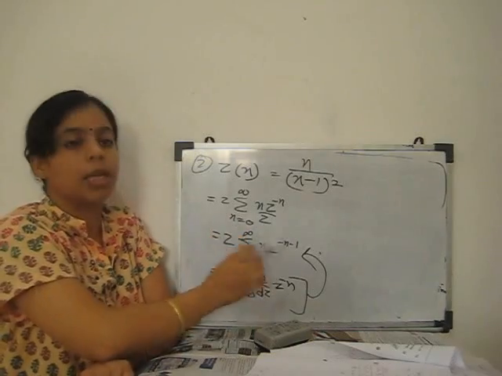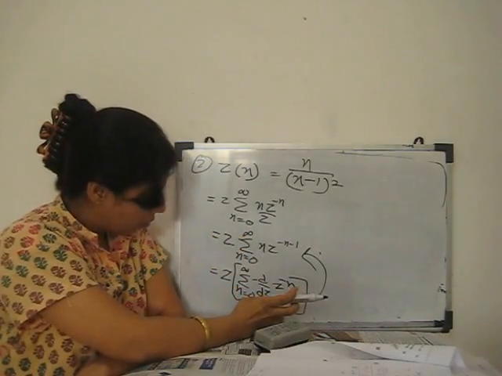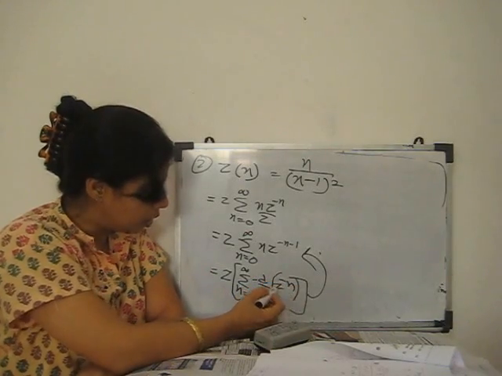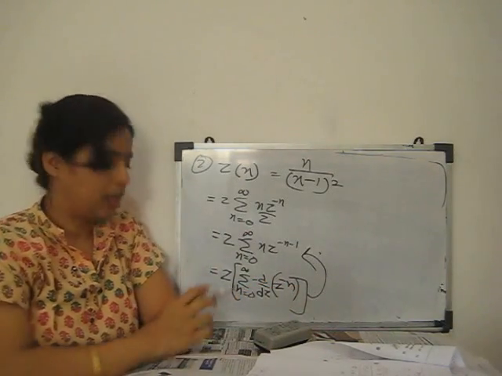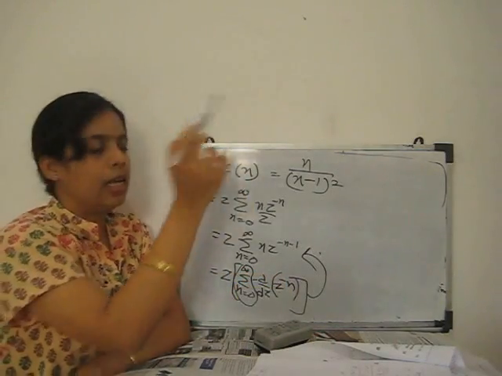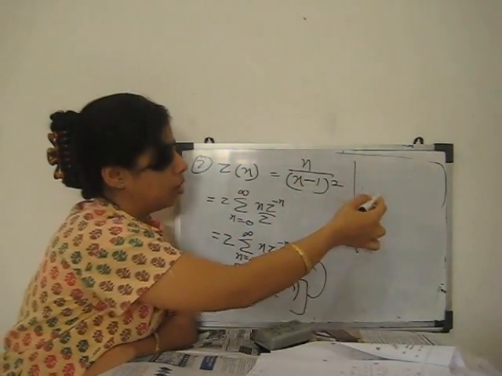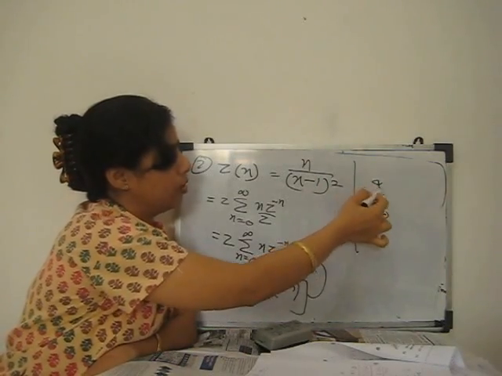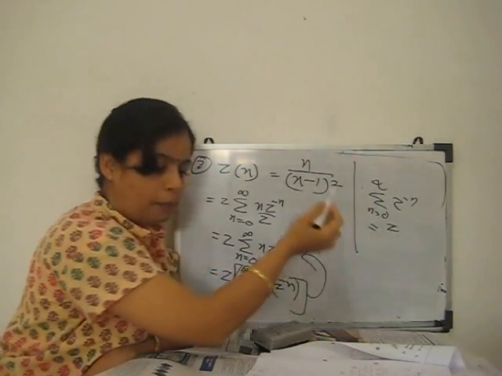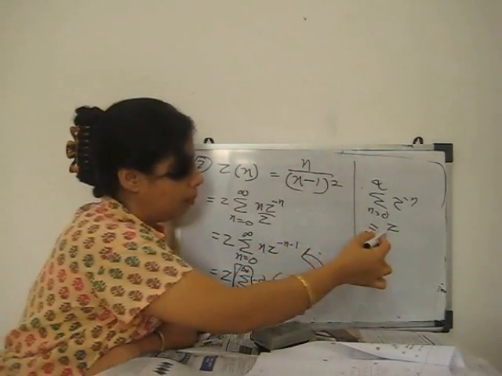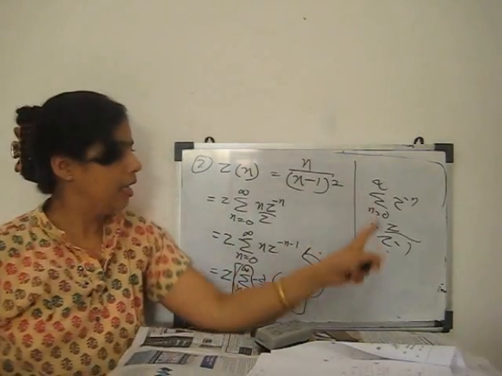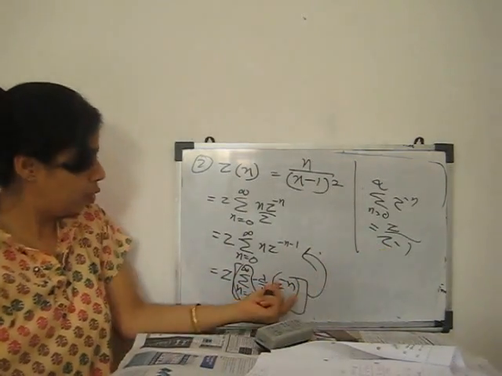So this is a similar process. Now we have to substitute the value of the Z transform of Z to the power minus n. In my previous summation, n going from 0 to infinity of Z to the power minus n, the Z transform is equal to Z upon Z minus 1. So we substitute the Z transform of 1, which is the same, and we substitute the value here.